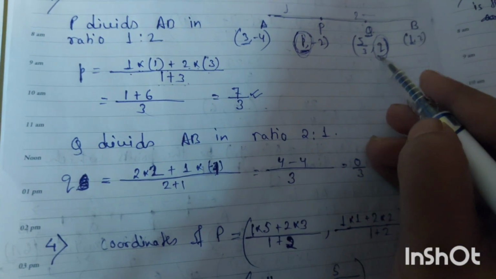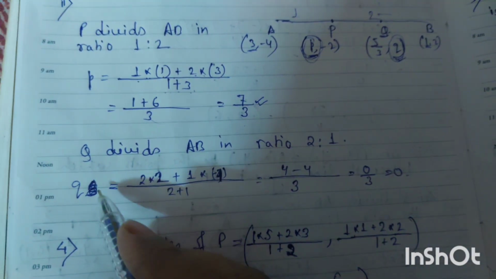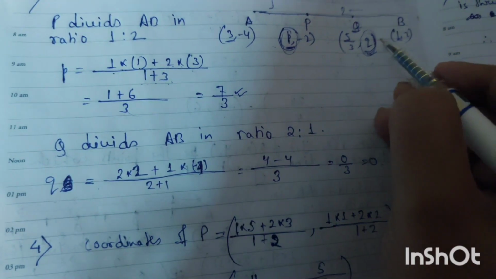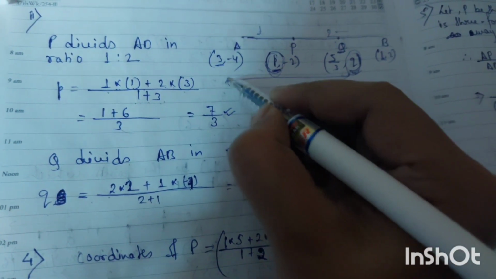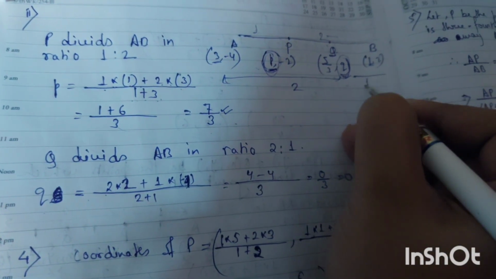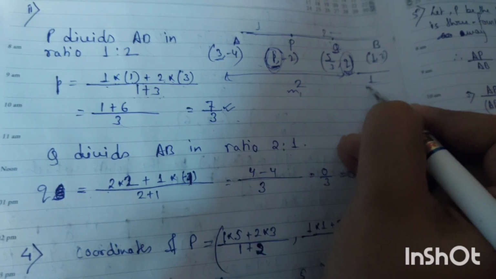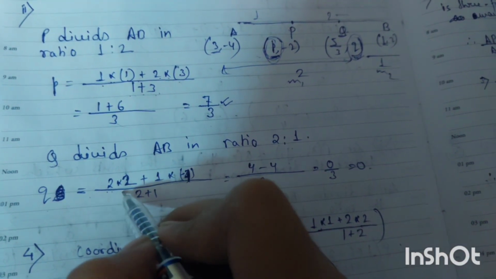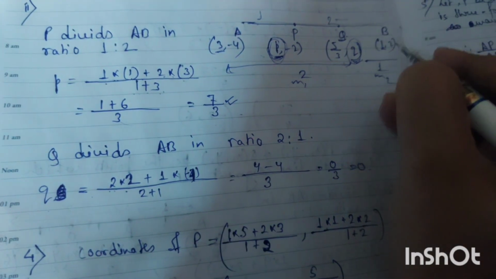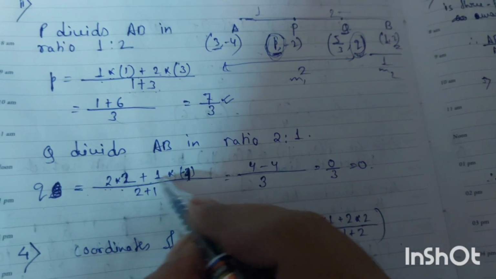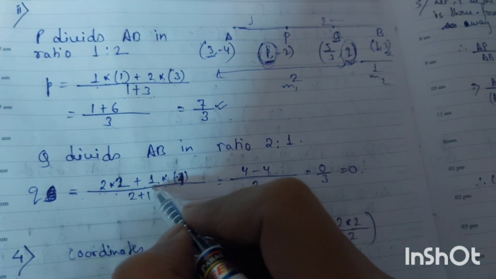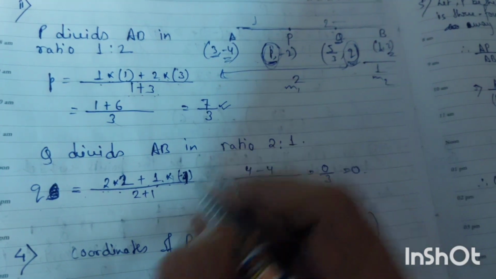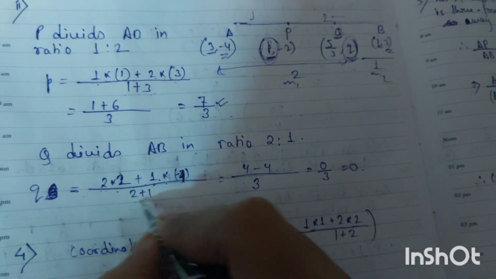So we are using that section formula only. Q divides AB in the ratio 2:1. So here this one is m1 and this one is m2. So m1 is 2 into y2, that is 2, plus y1, that is 1, into m2, that is 1, and y2 is minus 4, then m1 plus m2,